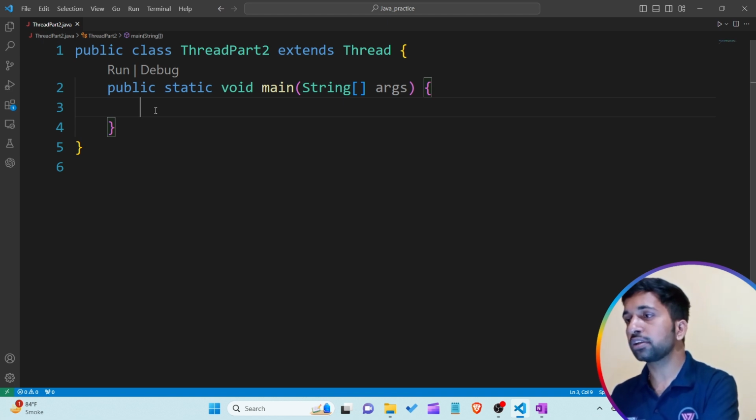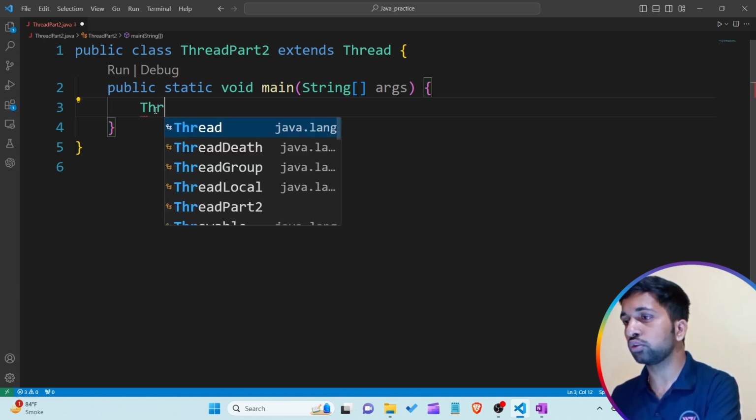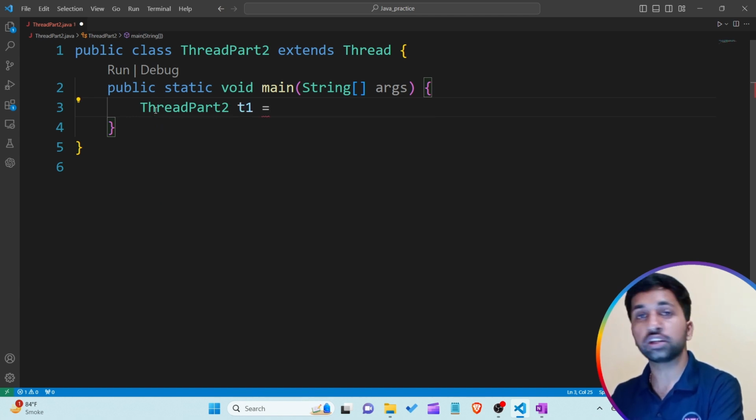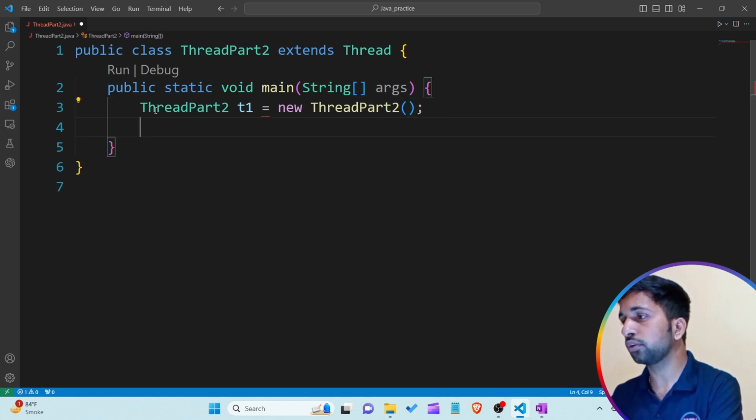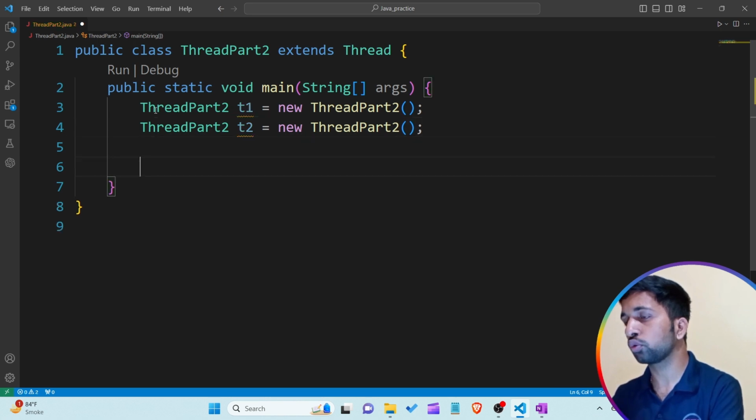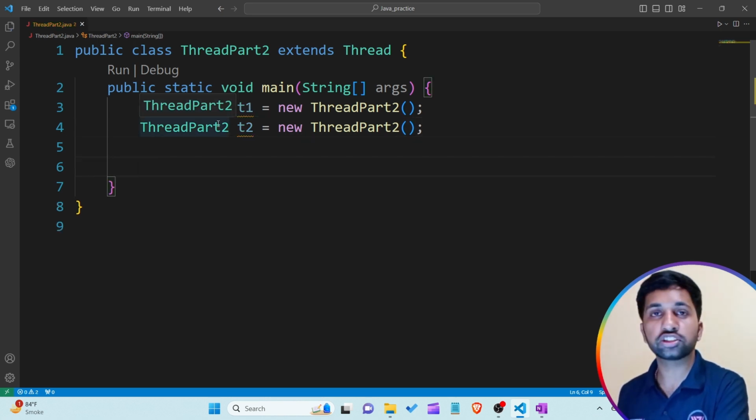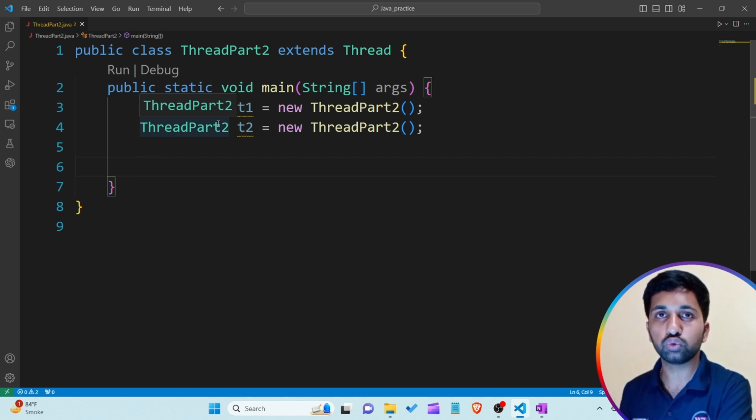Now I am creating the object of the ThreadPart2 class. By using the object we are able to create the thread t1. Again I am creating the ThreadPart2 object, t2 is equal to new ThreadPart2. You are able to see in the main method I am just creating two threads, t1 and t2,